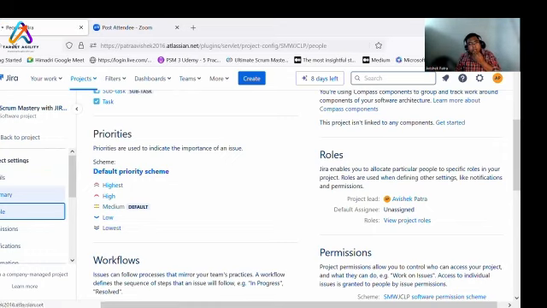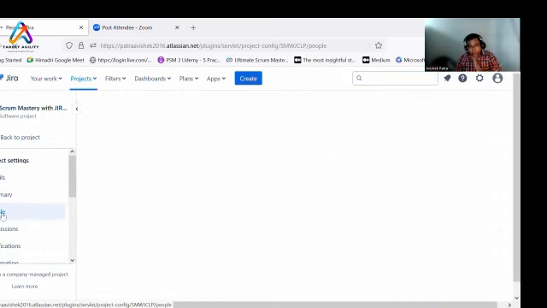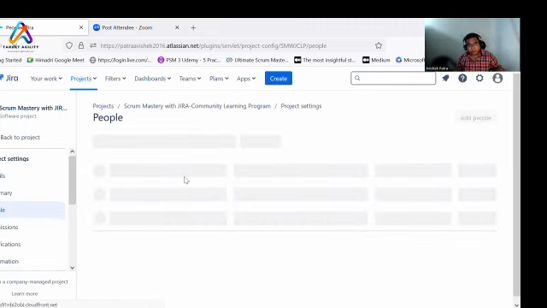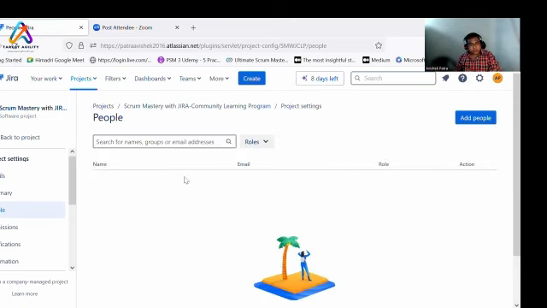Now you are the project admin. Let's say you are starting a project, right? And there are team members who are joining in. Let's say here, if you see, I have already completed the first sprint, and the second sprint is ongoing. So let's say a new member joins in, and you have been given access as a Jira project admin. What you will do is add that member into the project along with the board, so that person gets access to create stories and work accordingly.